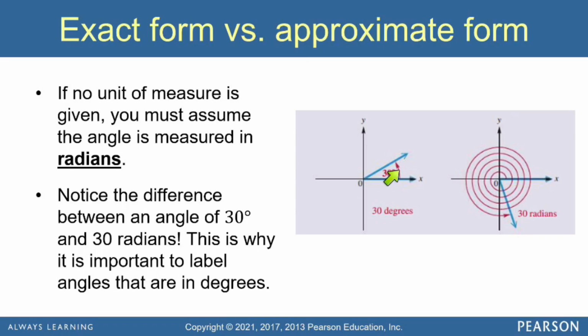So a 30-degree angle is a quadrant 1 angle, but a 30 radian angle would be a quadrant 4 angle. So that's why we say it's really important to be careful about what units your angles are measured in. And if an angle does not have a degree symbol, you need to assume that that angle is in